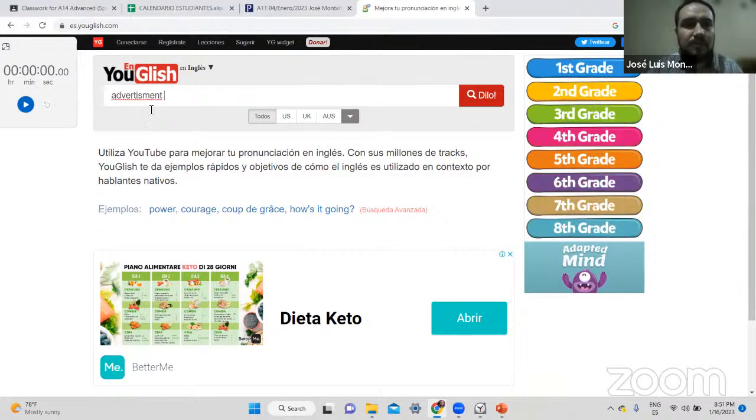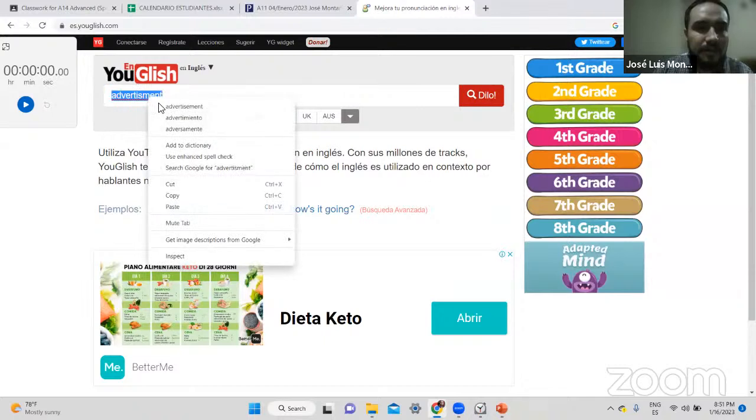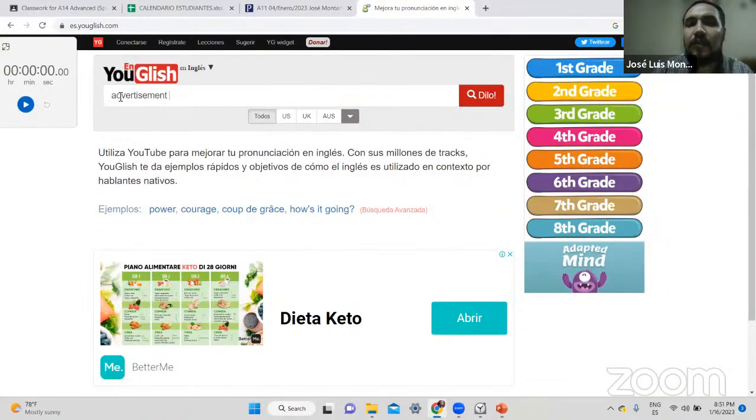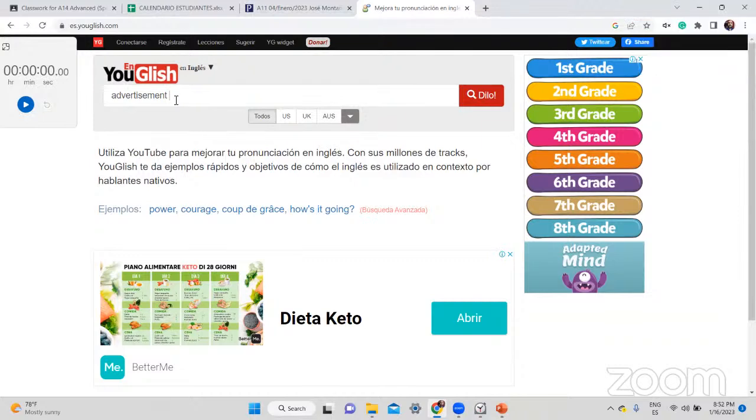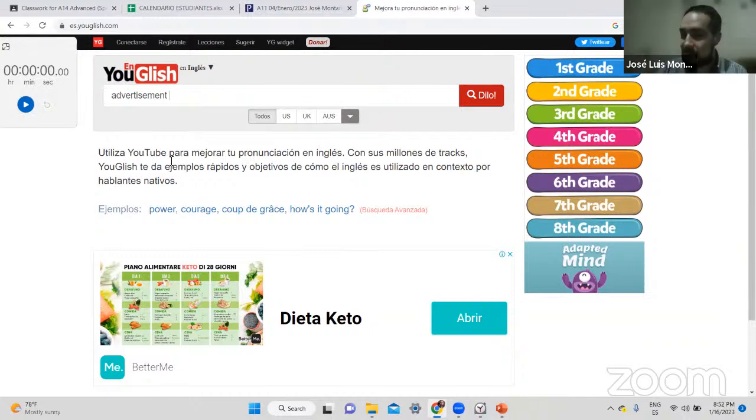But to remember a little bit about this, I'm going to go to that word, all right? What do you remember about this word? I believe that I looked for this word with you. Do you know what is the pronunciation? We have two possible pronunciations for this word. Michaela, I don't know if you remember the two types of pronunciations for this one. Advertisement. Just one. Okay, good. That's one.